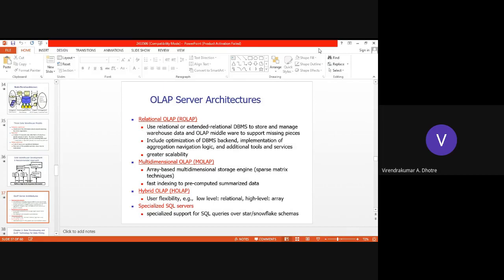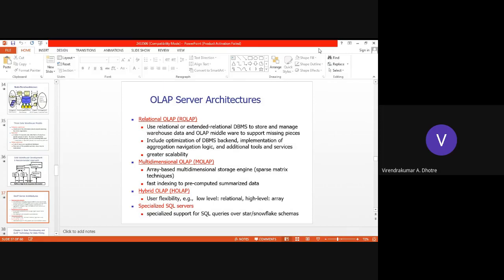Hybrid OLAP has flexibility, and can use both relational as well as multidimensional storage as per requirement. And there are specialized SQL servers, with specialized support for SQL queries on different schemas, different tables, and different fact multidimensional tables. These specialized SQL servers handle all the structured query language queries.